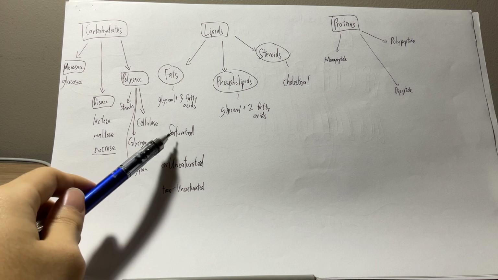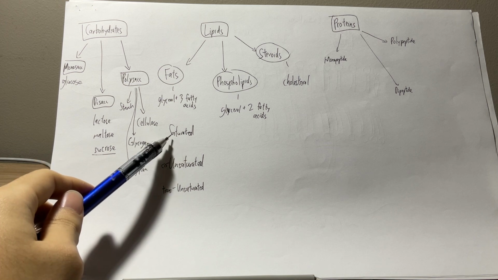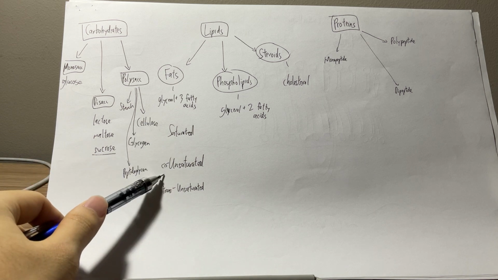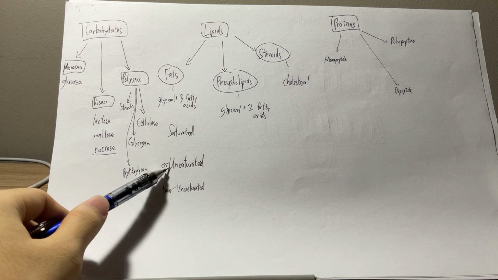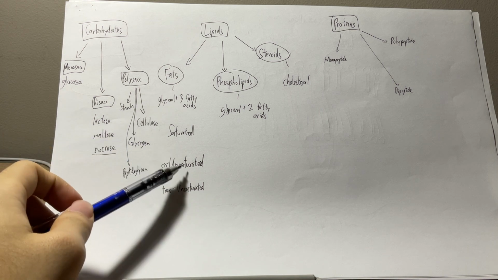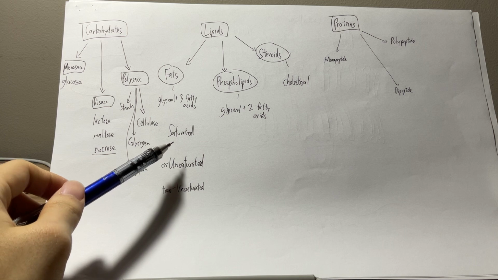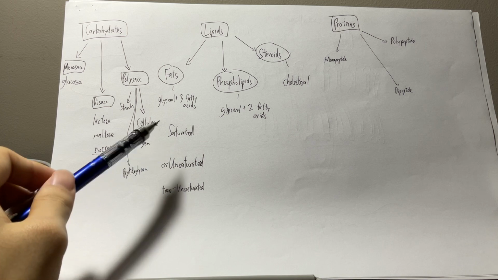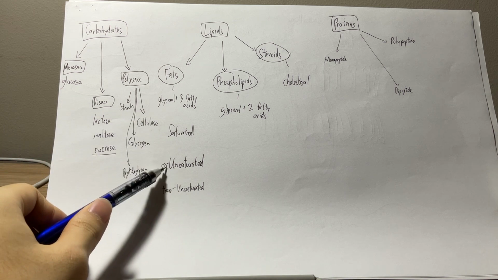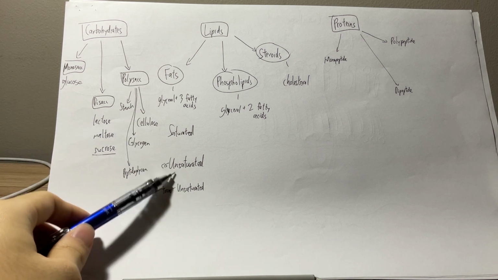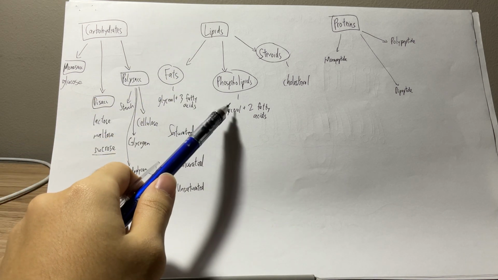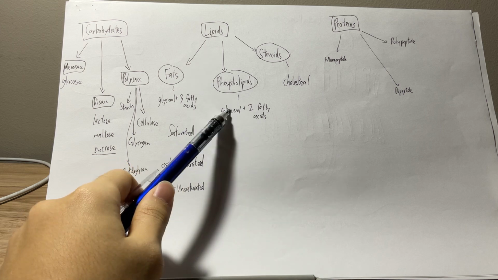It's not liquid at room temperature, it's solid, and that's what makes it dangerous. Unlike cis unsaturated, this is liquid. So when the fats flow through the blood vessels, there's an unlikely chance of developing atherosclerosis if it's cis unsaturated. Okay, I've discussed a lot on this part. Let's move to phospholipids. Phospholipids consist of 2 fatty acids and glycerol.